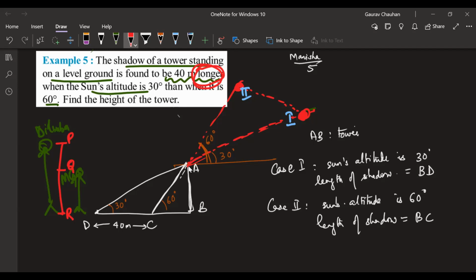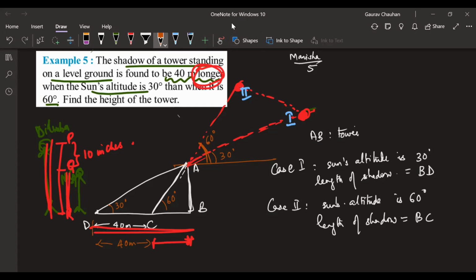PQ, sir. PQ, right? There's a difference between the two, right? Yes, sir. This is your height, this is MG's height, this is the difference. This is 10 inches, right? Yes, sir. This is first shadow, this is second shadow. What is the difference? This is the difference, right? Yes, sir. Did you understand what 40 meters longer means? Oh, yes, sir. Got it?